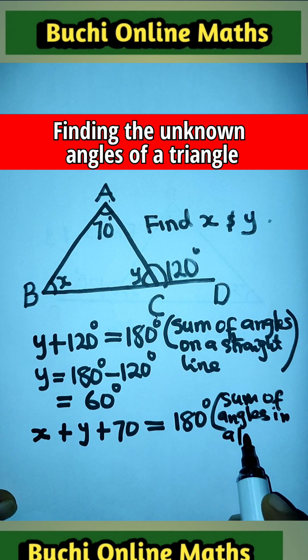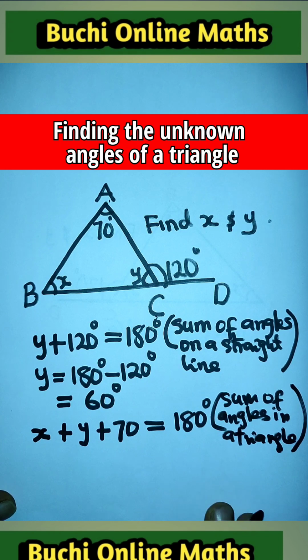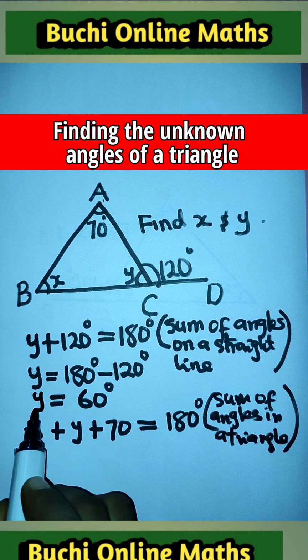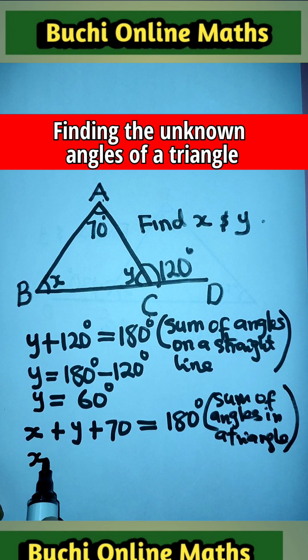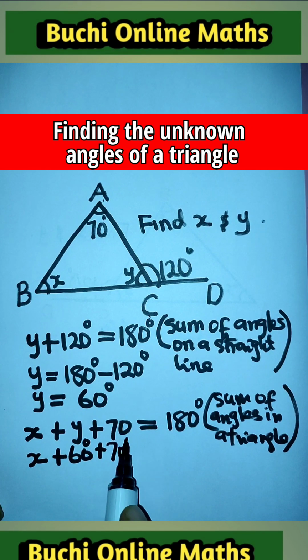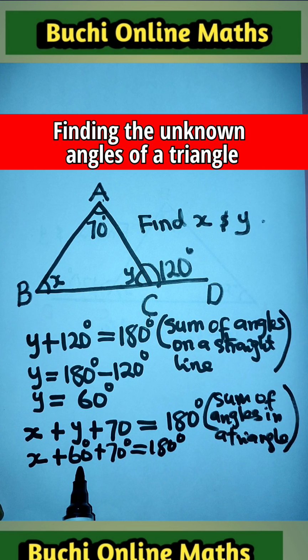So this is the reason. Now, we have found the value of Y to be 60 degrees. So we have X plus 60 degrees, then plus 70 degrees equals 180 degrees. Adding 60 plus 70 degrees will give us 130 degrees. Therefore, we have X plus 130 degrees